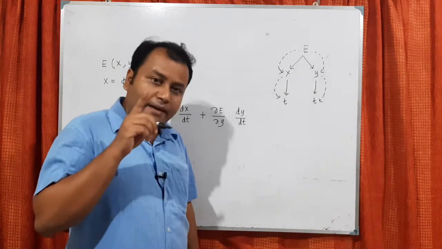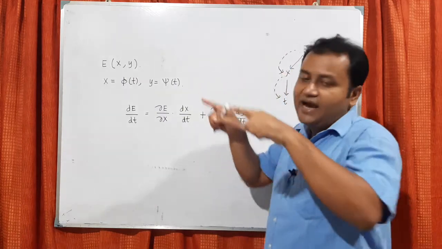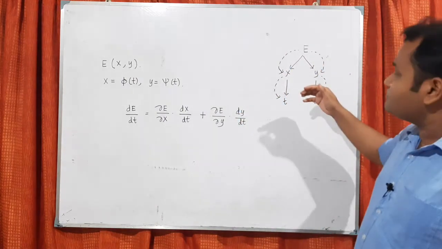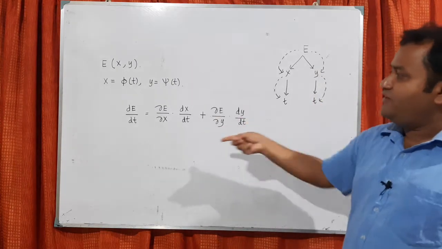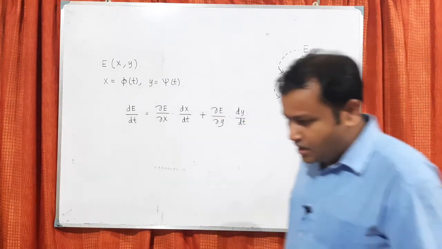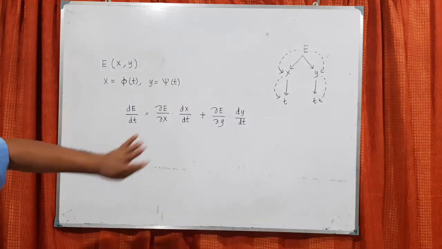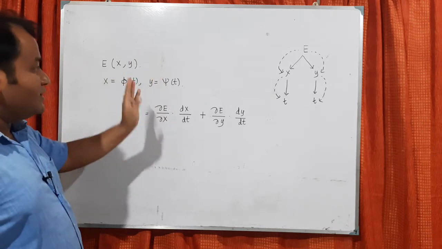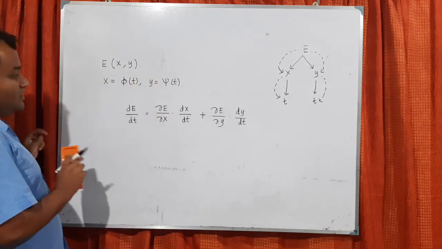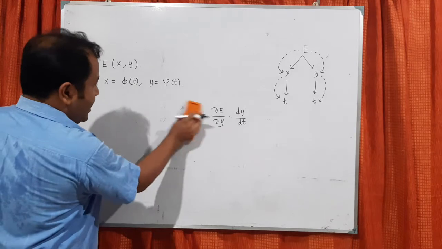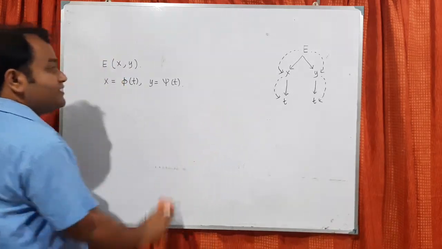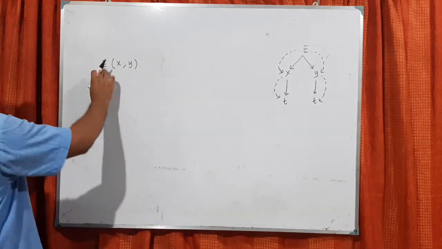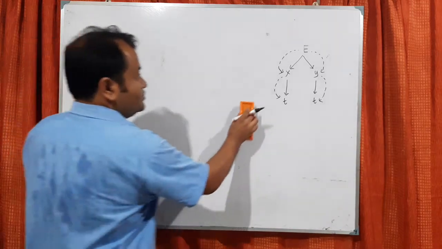So this is very important. When you try to apply the chain rule, you have to understand the hierarchy and see how many variables there are and where the variables are situated. Depending on that, you can find the chain rule. I hope you can understand this. If not, let me do some other problem or other method, then you can also understand. Now I change the situation and try to make it a bit more complicated. E is a function of x and y. There is no change there.